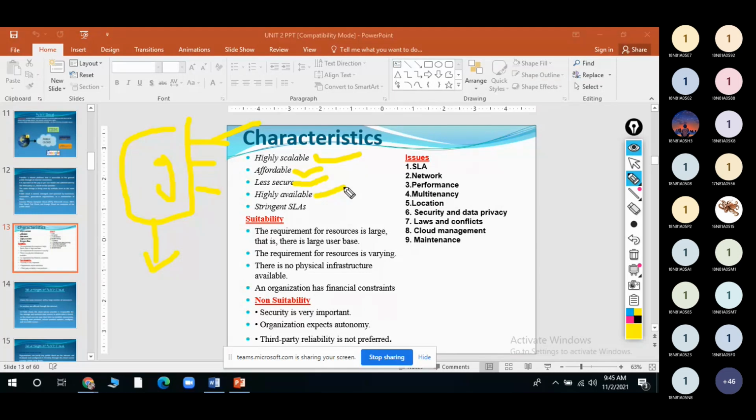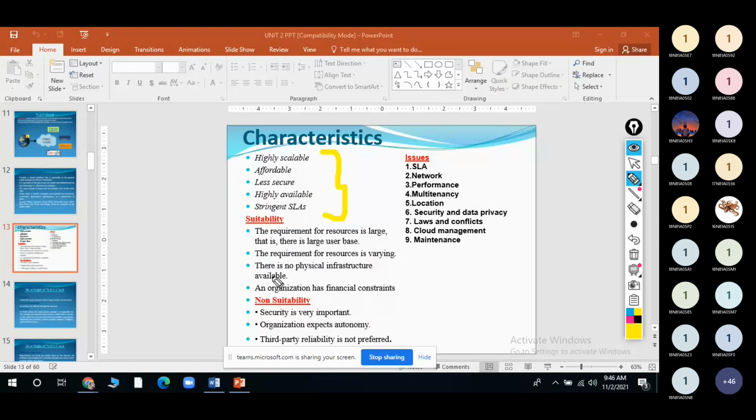Highly available. Okay, for everyone this application will be available, right? And it will be following some stringent SLAs, meaning it will provide some privacy, some terms and conditions. Once you agree with those terms and conditions, then only it will provide the services to the users. These are the characteristics of the public cloud.